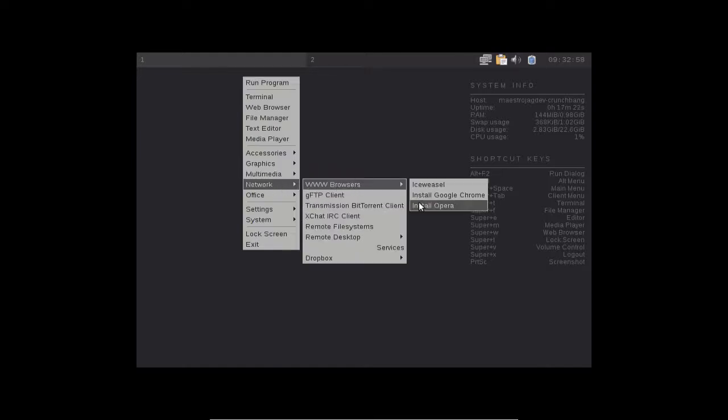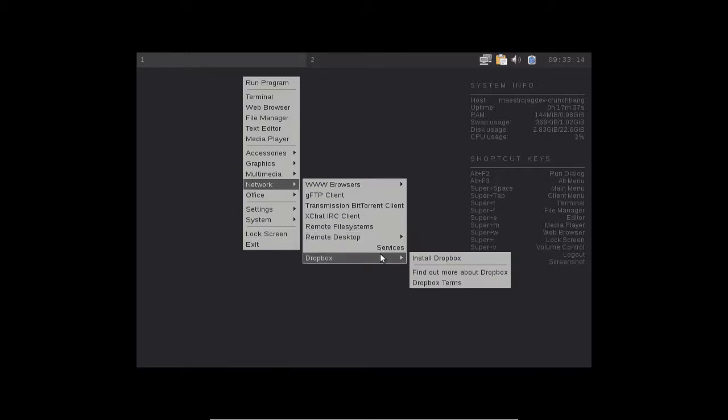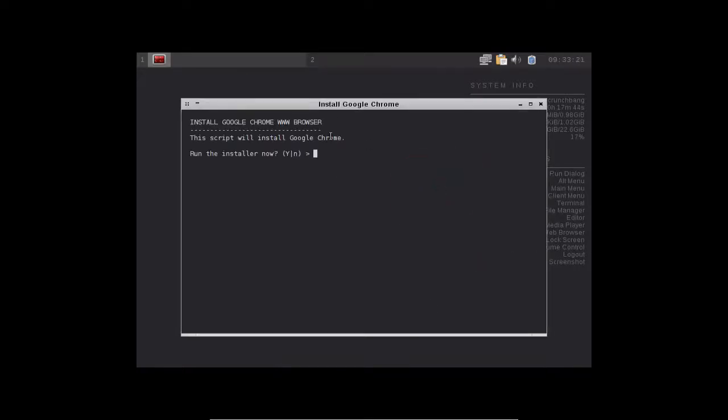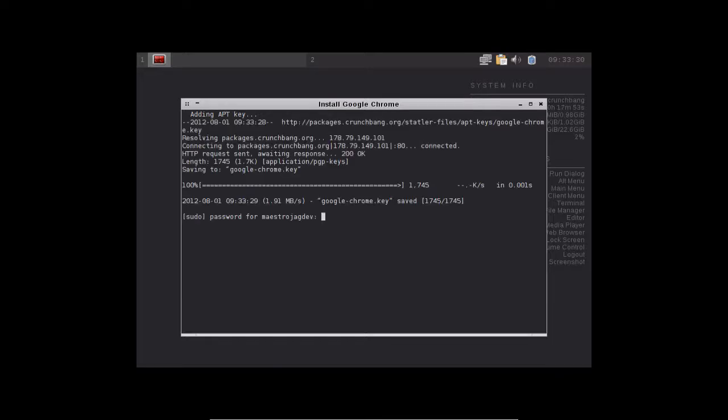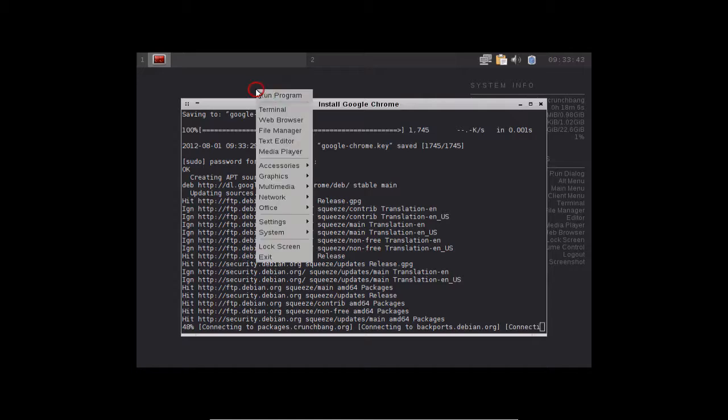Network. Web browsers. You can install Google Chrome and install Opera. I like Google Chrome. gFTP client. Transmission. XChat. Remote file systems. Remote desktop. You need to install the VNC server. Oh, nice. It comes with Dropbox. Alright, so let's install Google Chrome now. In the meantime,